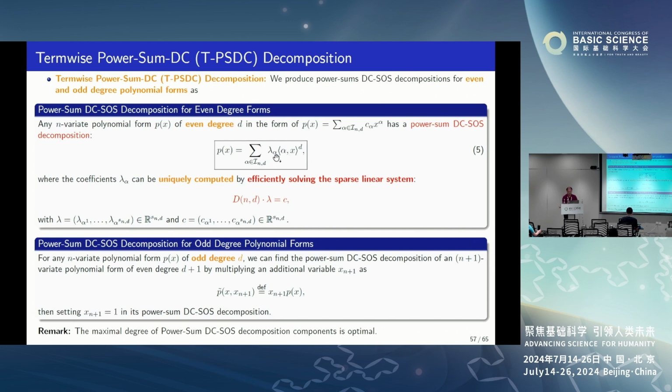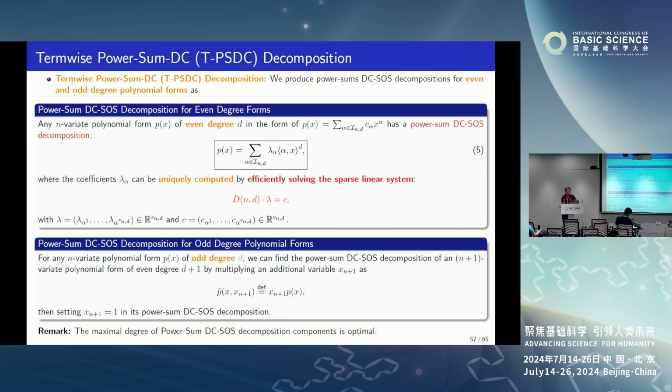We can show this is equivalent to solving a linear system. The matrix D is invertible and its inverse is very easy to compute. So this decomposition can be constructed very efficiently by solving this